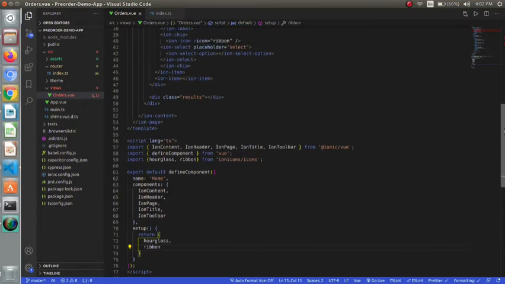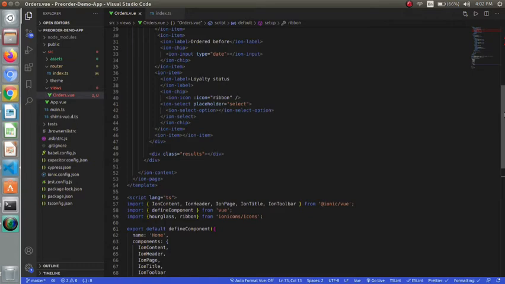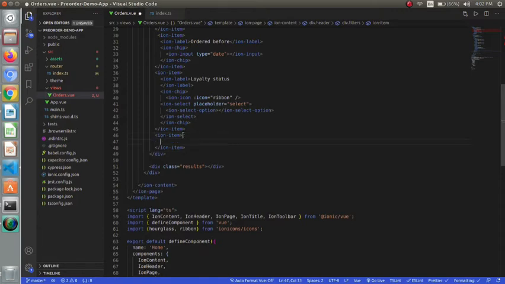And lastly, we have an item where we have a toggle button. So I will give it a label.